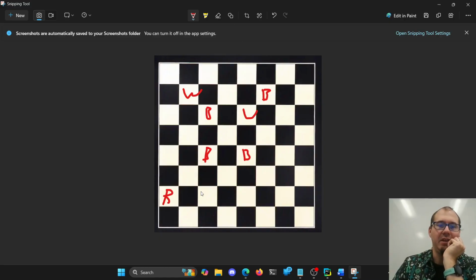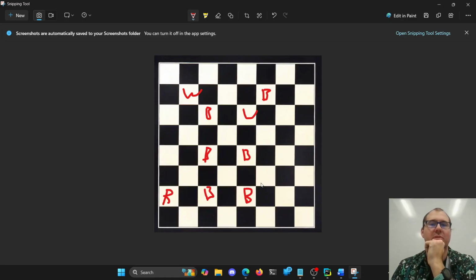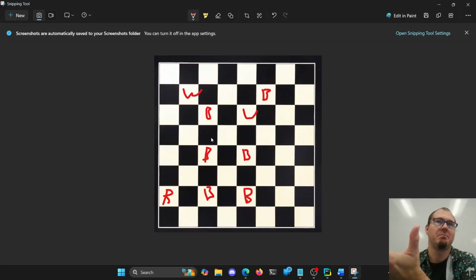Now, if we added another black checker here and a black checker here, we could go 1 jump, 2 jumps, 3 jumps, 4 jumps, 5 jumps, and get back to this spot here. Or I could go 1 jump, 2 jump, 3 jump, 4 jump, 5 jumps, get back to the spot here. Both of those work that way. If we had more checkers around,